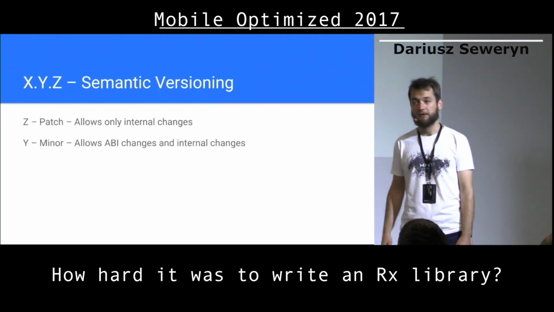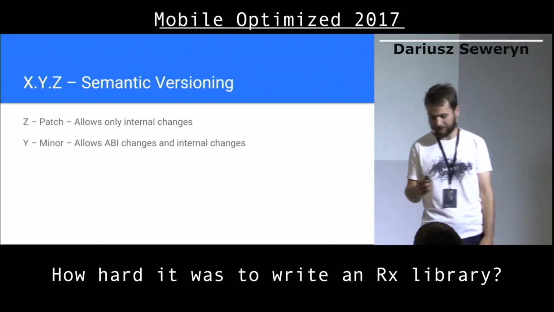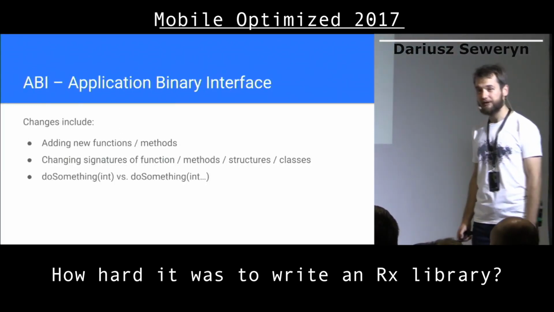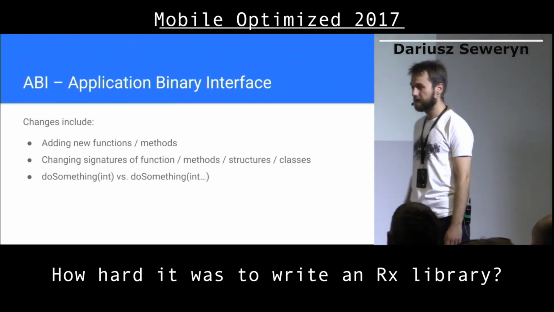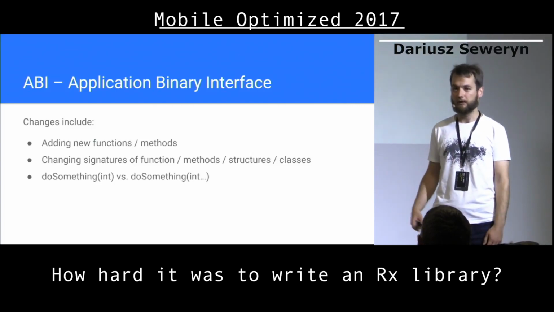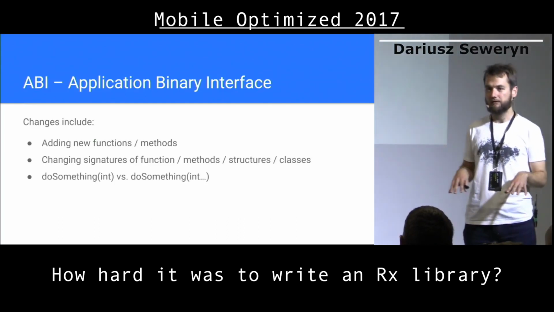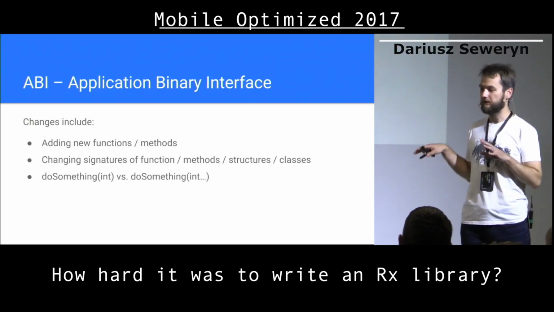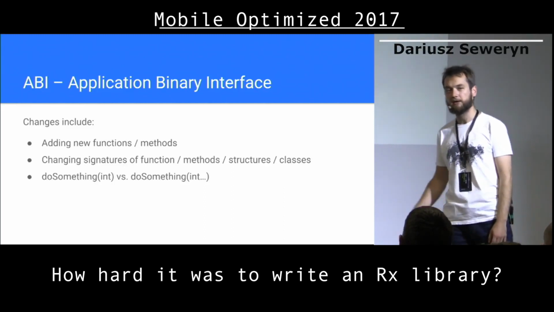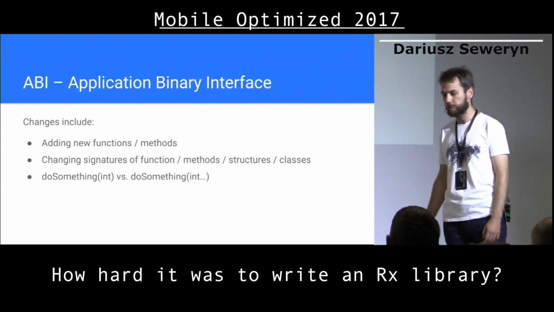On the minor version, we can make ABI changes. What is the ABI? I learned only recently. ABI stands for Application Binary Interface. This is basically an API for your compiler. When we type words in an IDE, we type with the API. When the compiler starts its work, it transforms the API call to the ABI, where a particular address of the file is used to execute code.